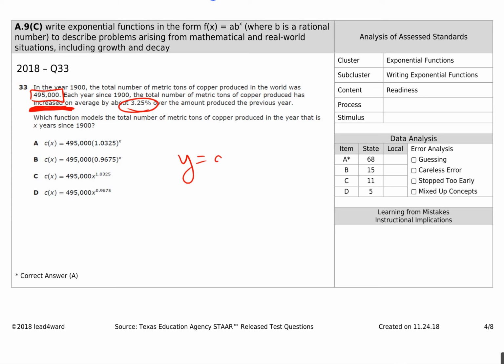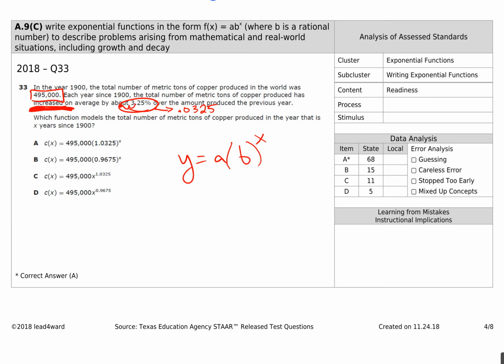Y is equal to A, B to the X. Here's what makes it tricky. First of all, this is the non-tricky part. We have to turn the percent into a decimal. We move it over 2 times. That's dividing by 100, since a percentage is a ratio out of 100. So that would be